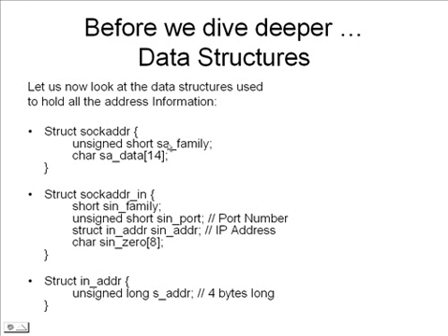We'll talk about some of these constants later. For the time being, you can just assume this. And this sa_data is where we are going to put in the IP address, port number, etc. of the server we want to connect to, or for that matter, the port and IP we want to bind to. Now, as you can see, it is very cumbersome to add all these things inside the sa_data. So, to make this much simpler,